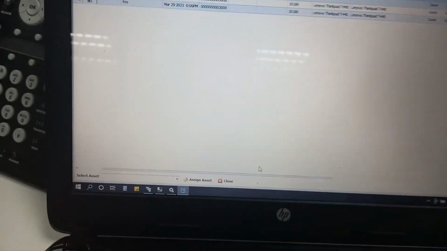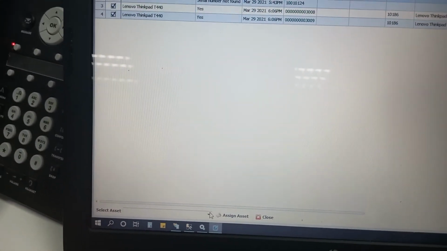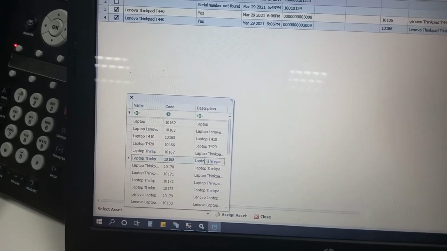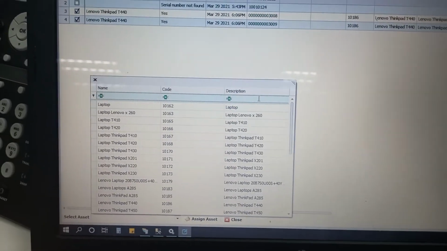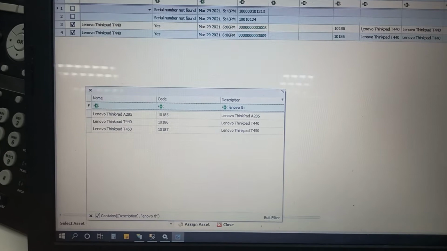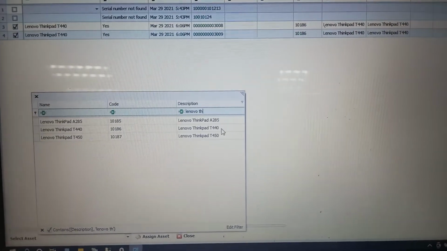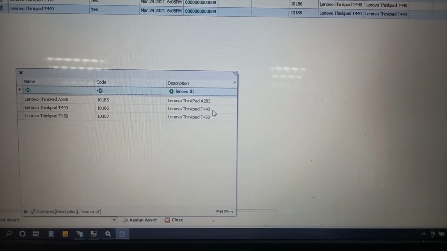Then in the downside there is an asset list. In this asset list, you need to select the correct asset, according to the asset description. You can see the correct asset name.